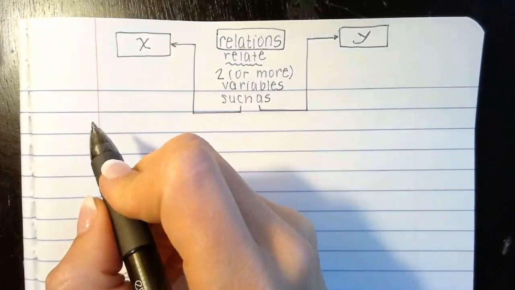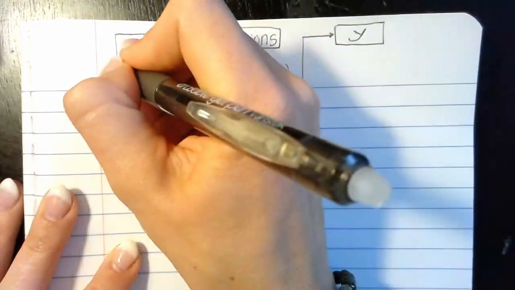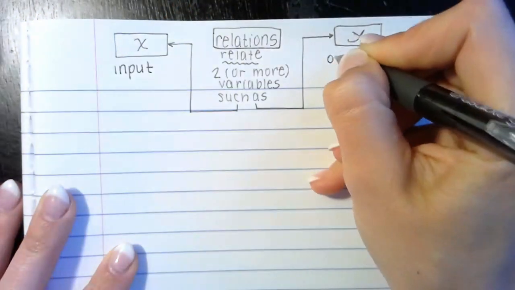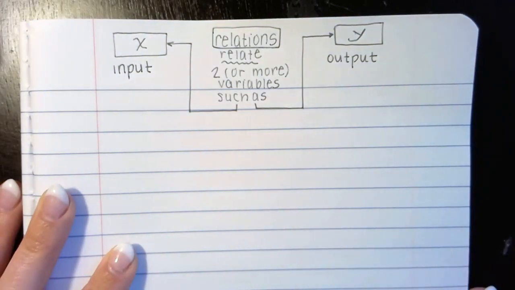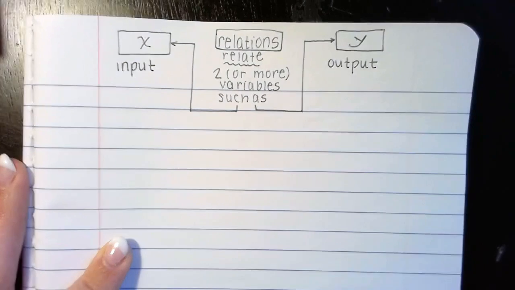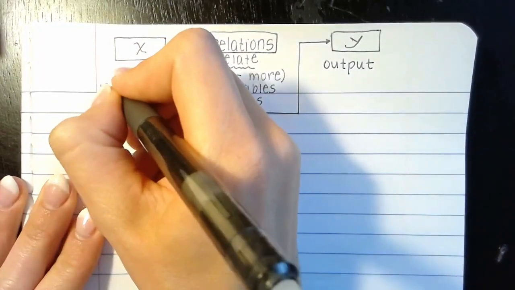Now underneath x over here and underneath y over here, I'm going to make a list. So over here, I'm going to list other words such as input and output. I'm going to keep them moving along in a nice corresponding fashion so that we can make better associations. So I'm just focusing that a bit. All right, other words that were on the list were independent